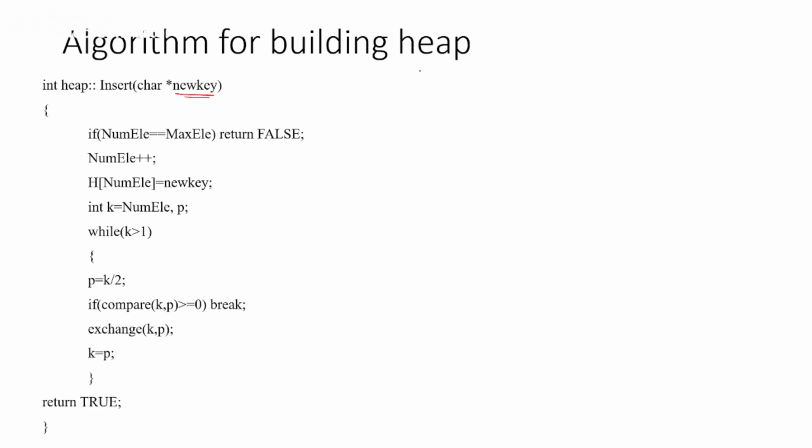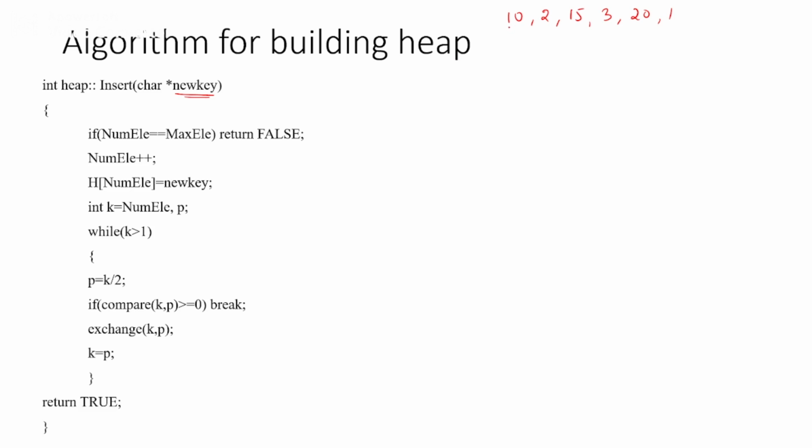And we are going to have maximum elements, that is the total number of elements whichever you want to include in the heap. Let us take an example: 10, 2, 15, 3, 20 and 1. This is the example I am going to take. I want to insert each one of these elements one by one.